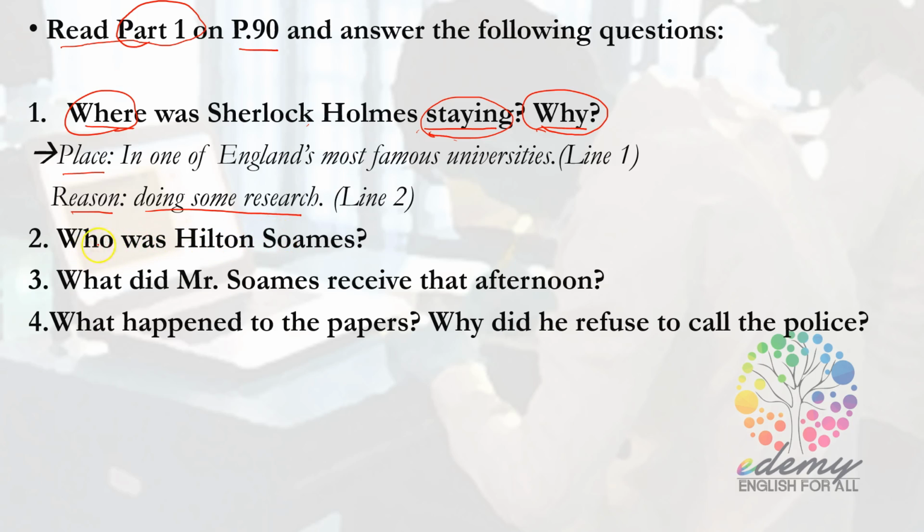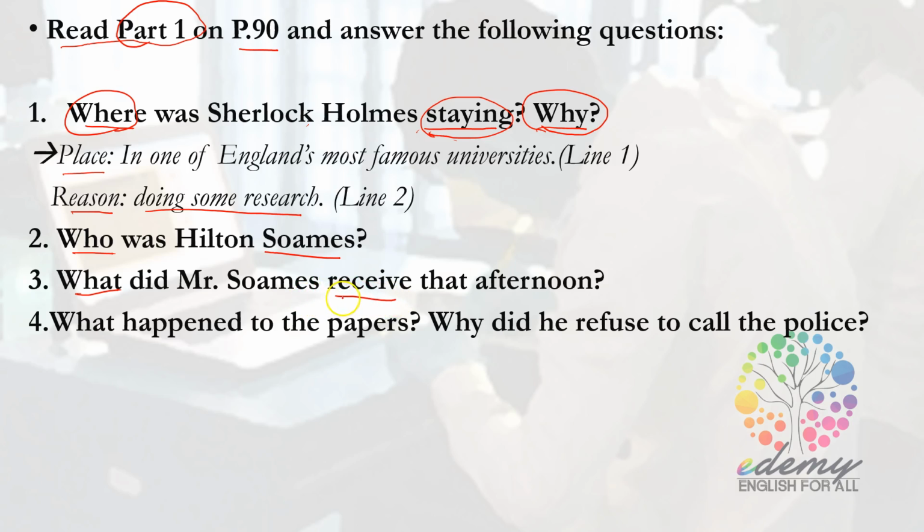So in line 2, I will give you the clue: who was Hilton Soam? The clue is in the word "who" and "Hilton Soam", or we can only use the word Soam. We need to find who is Soam and who was Soam. And in question 3, what did Mr. Soam receive that afternoon? So we focus on "what" and "receive". We focus on the things that he got from